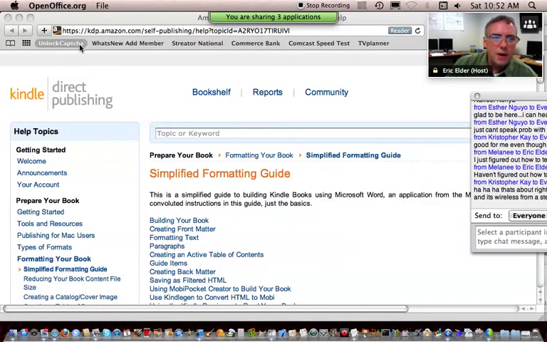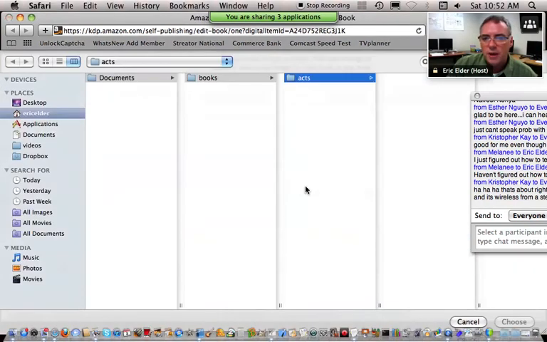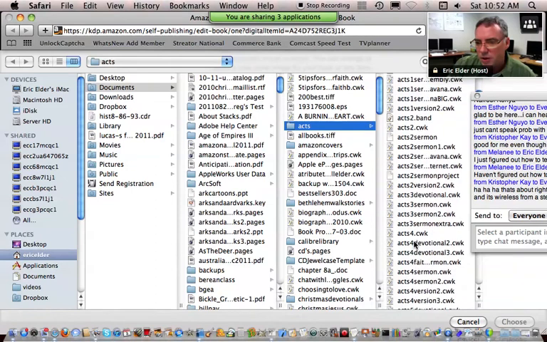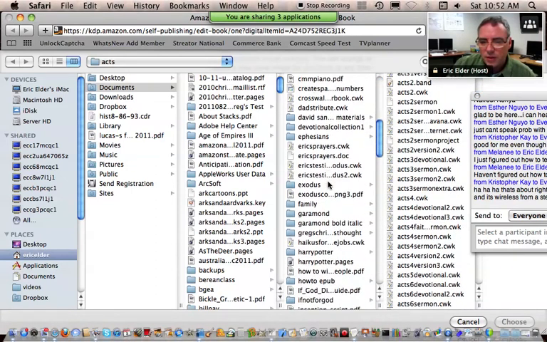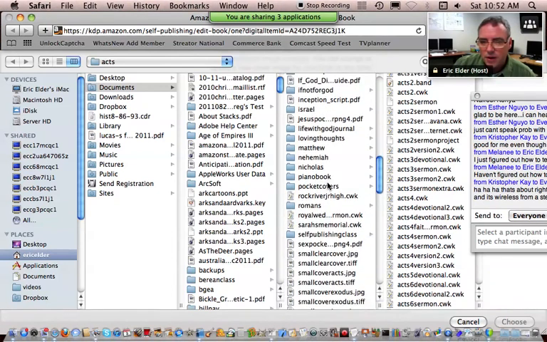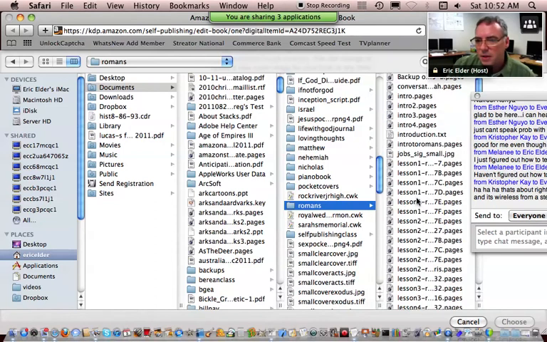I'm going to go back to the Kindle, and I'm going to browse for my book so I can upload that doc file. And you understand the difference. The doc file is going to reflow everything so that it can actually flow if somebody chooses a larger font or something, rather than the PDF is a fixed format. So that's why for this kind of ebook reader, you want it to be in not a PDF format. Some of them will let you do a PDF format, but